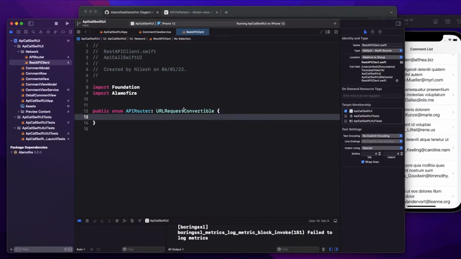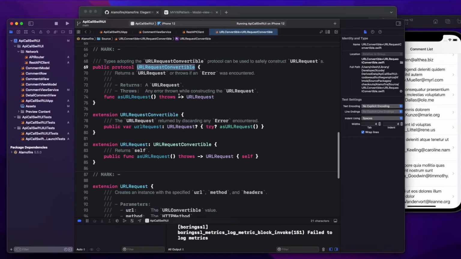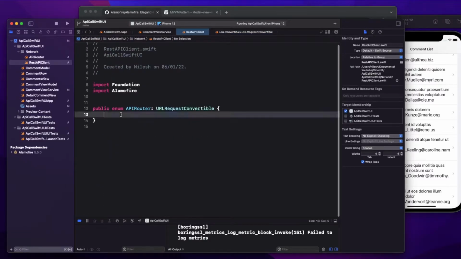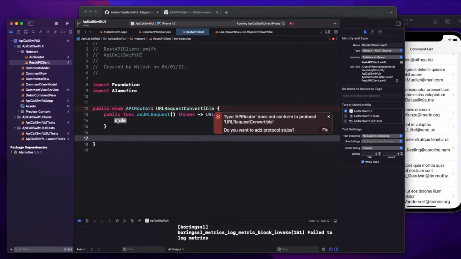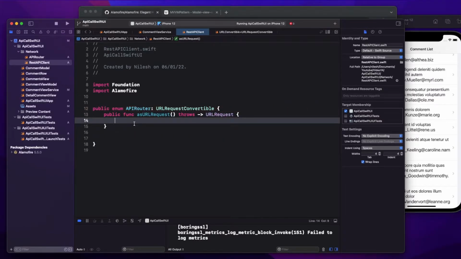If I go to the definition of this, it is inside the Alamofire library, and it helps us to create a URL request object. Once you conform to this, it will give you an error to implement the URL request object. See, it is asking us to implement it. So here we will be forming our URL request.